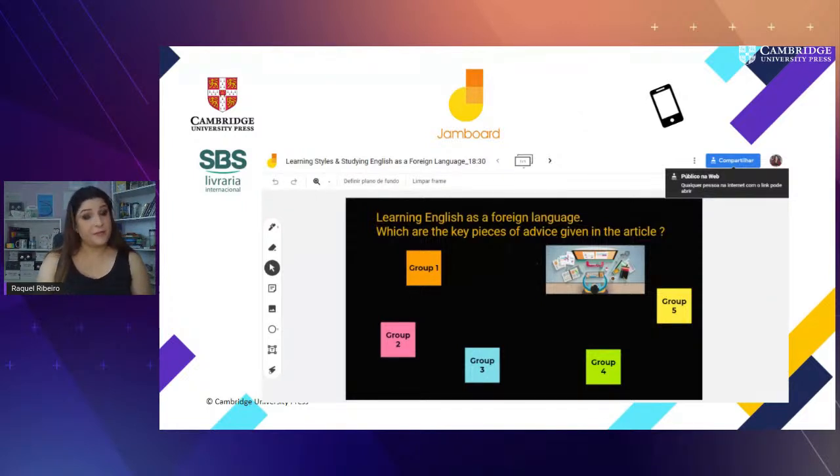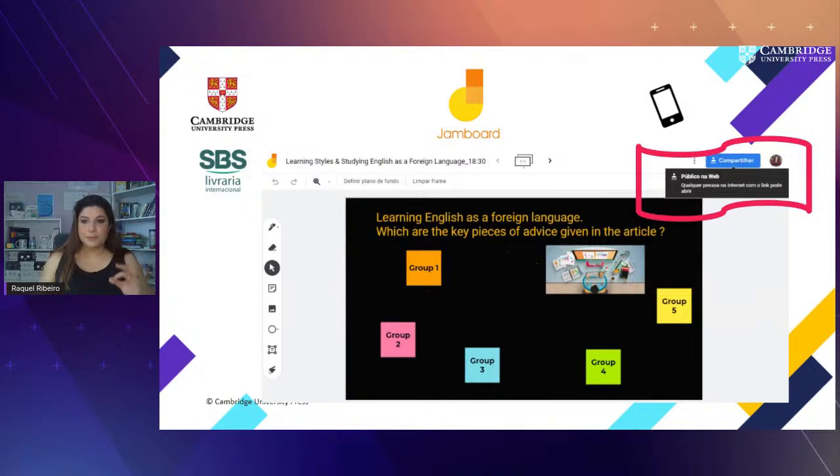Basically, one thing that I think is very effective is to assign a digital post-it to each group and make sure they know their color. So you color code the groups, which is much more efficient. And then they type whatever the purpose of the activity is. Keep in mind that it's super important to share the file properly so that the students can edit. Another thing, if they are using their mobiles, they need to have the app.